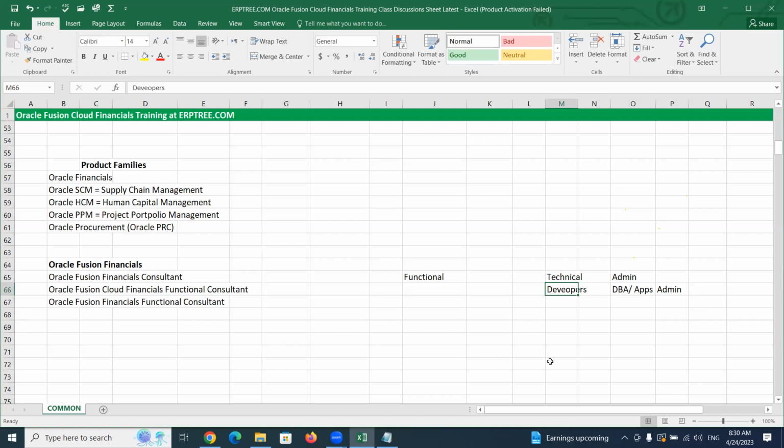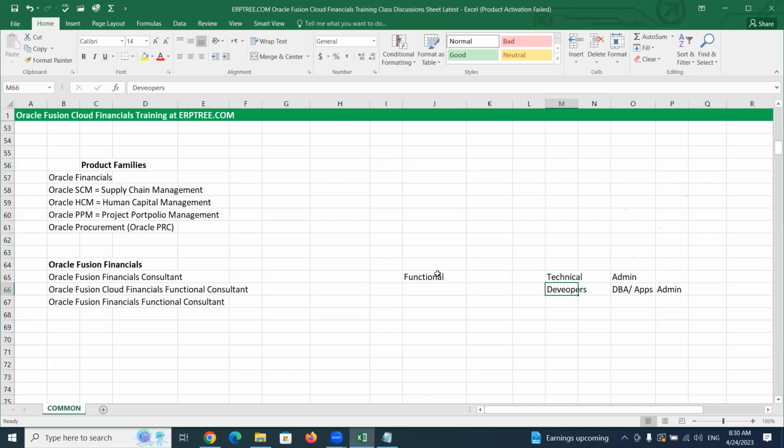They can create what is missing, which the client requires, which is not available from the standard product. Apart from that, they may connect one system to another system, some integrations. These kinds of activities they can do.